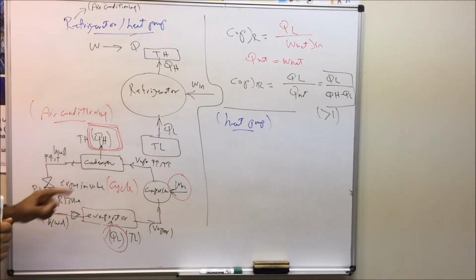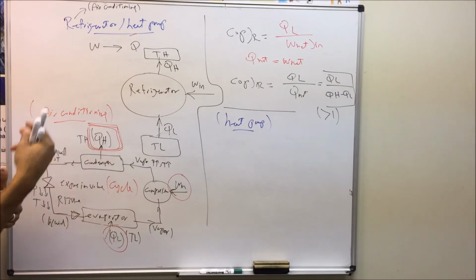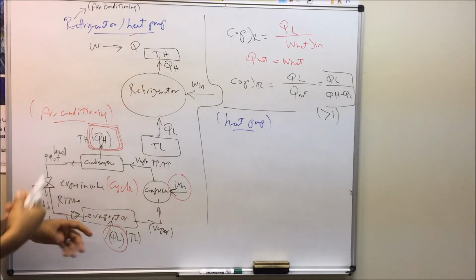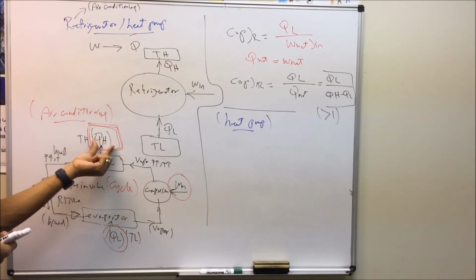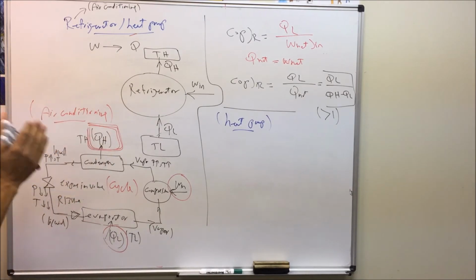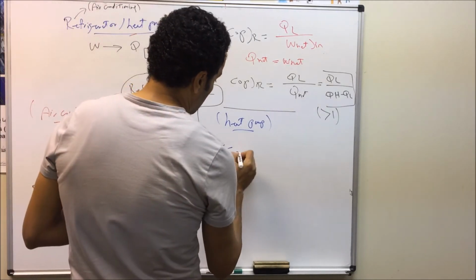If I flip that, I make the condenser inside and the evaporator outside. So in this case I will absorb the heat from outside, through the evaporator, and then reject it inside the room. So in this case we can get Q high. However, it is the same system. So in this case the coefficient of performance of the heat pump